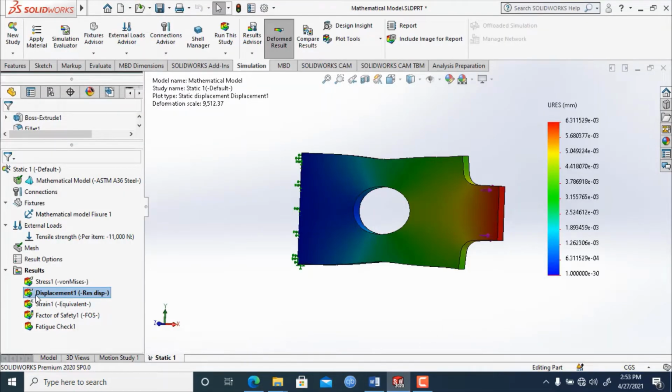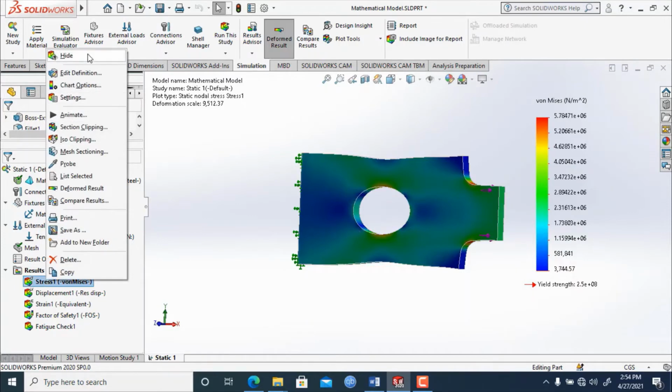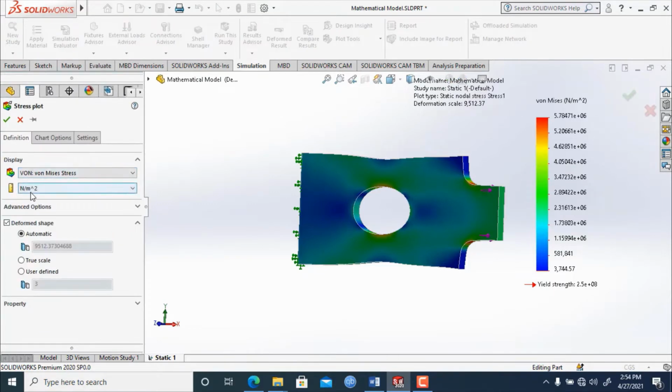Next, we will note the stress value. To do this, right click on it and click show. Here the stress value is in Newton per meter square. In the chart, we have the value in megapascal. To convert this unit into megapascal, we will right click on this, then go to edit definition. Here you can change the unit. So we will select megapascal and click OK.